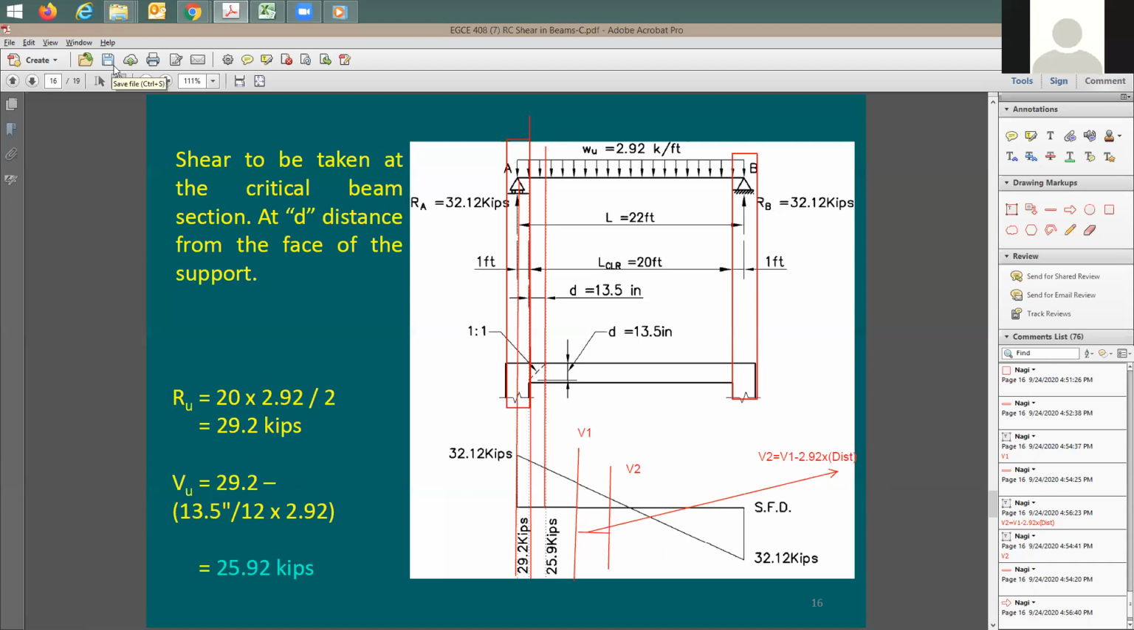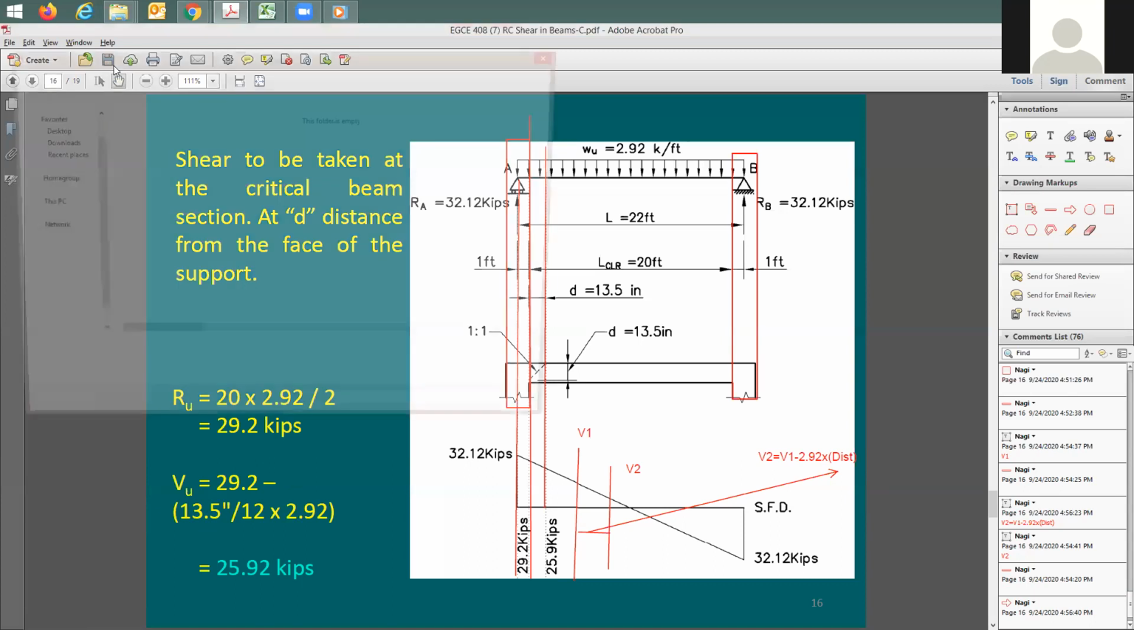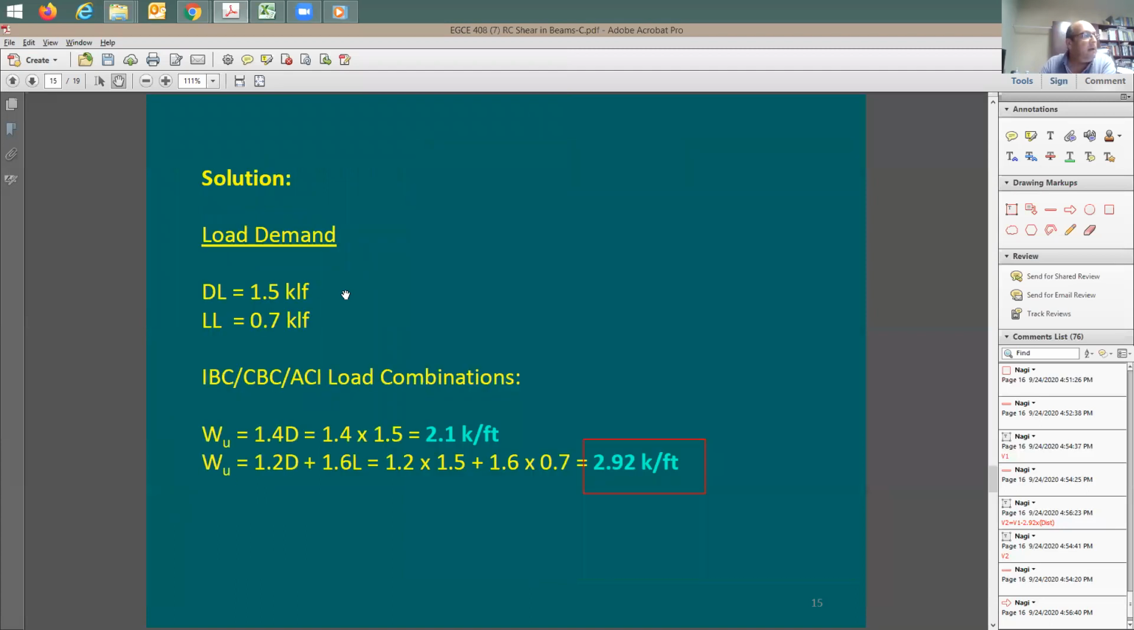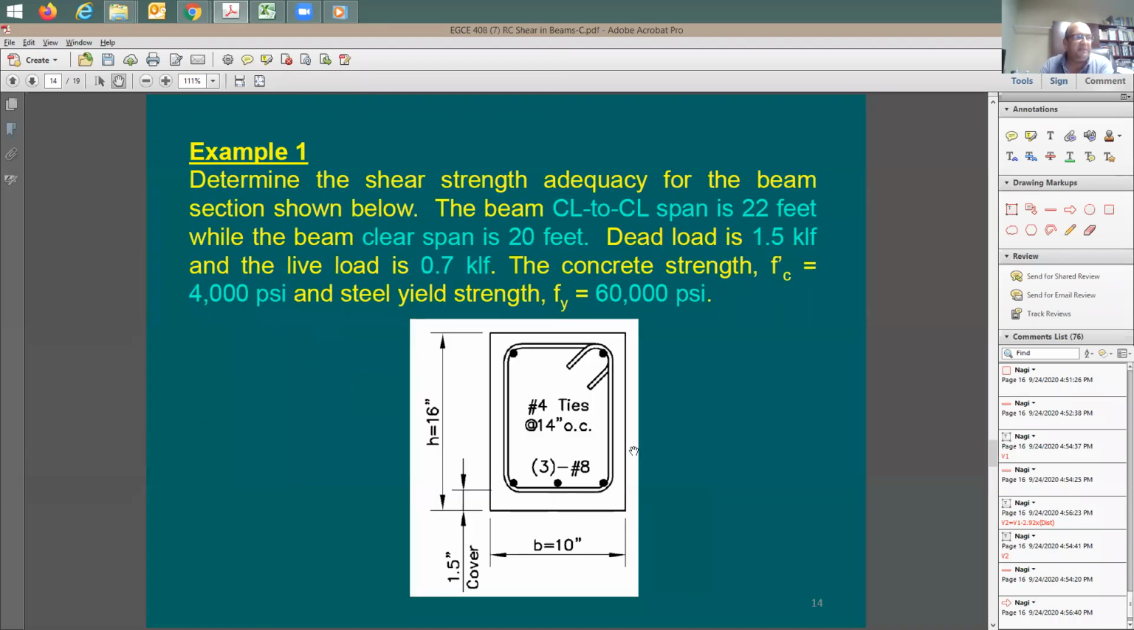Now, did you get the 13.5 inches? Is the depth given? Where do I take it from? Very good question, Raman. I'm going to take you back to this problem. We have done it in the past. This is taken from a previous slide set. So what we have done,